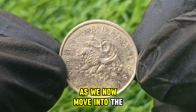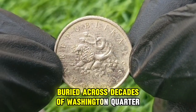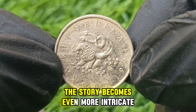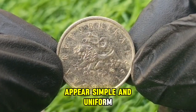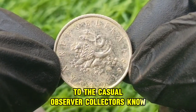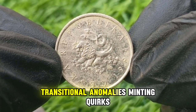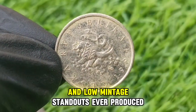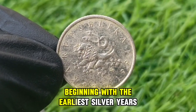As we now move into the world of rarities, errors, and the hidden treasures buried across decades of Washington Quarter production, the story becomes even more intricate and thrilling, because while the Washington Quarter may appear simple and uniform to the casual observer, collectors know that it is a series filled with some of the most fascinating mistakes, transitional anomalies, minting quirks, and low mintage standouts ever produced by the United States Mint, beginning with the earliest silver years of